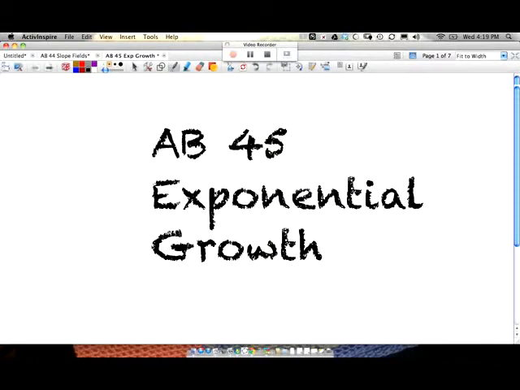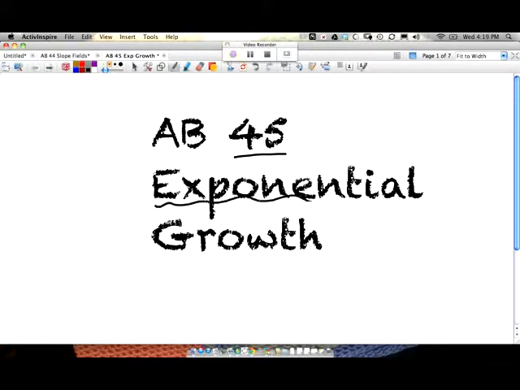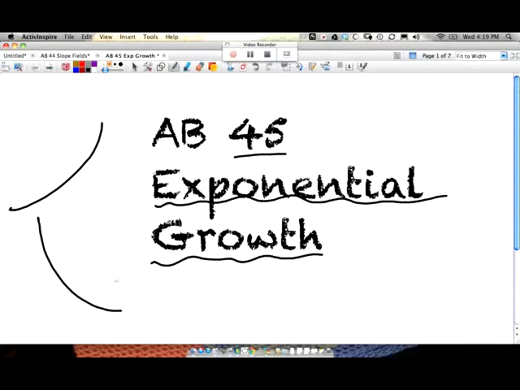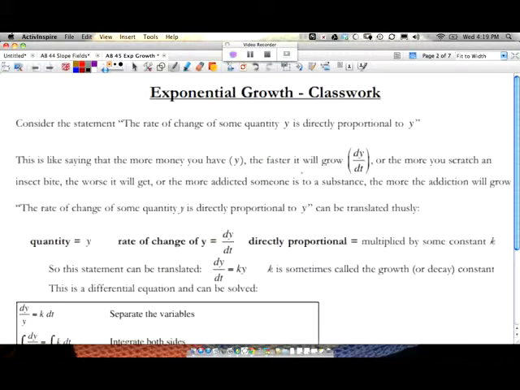All right, calculus, we are looking at AB 45, exponential growth. The growth that goes like this or like this. It gets really big really fast, or really small really fast, and then keeps getting smaller or keeps getting bigger. All right, let's take a look at it. So the idea is the rate of change of some quantity y is directly proportional to y. You hear this in calculus. It happens. So when we're talking about rate of change,